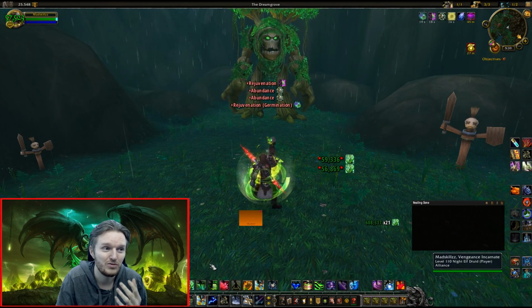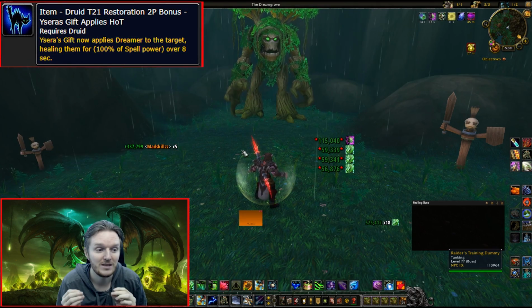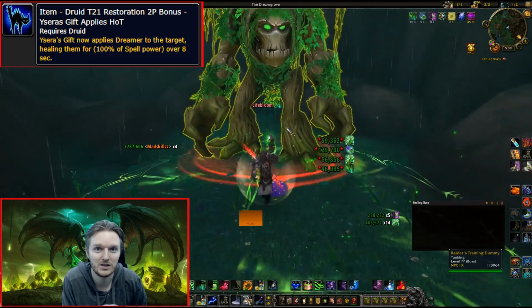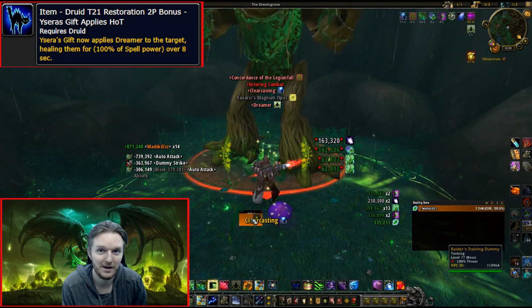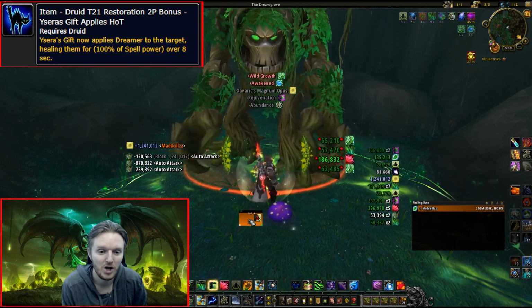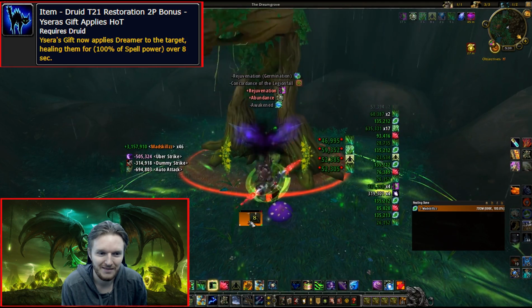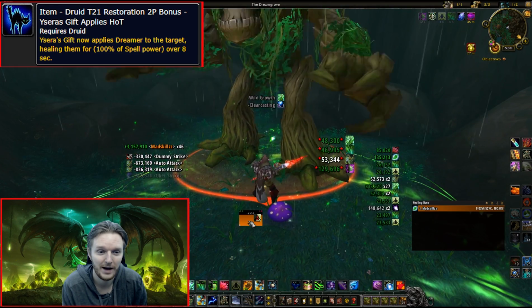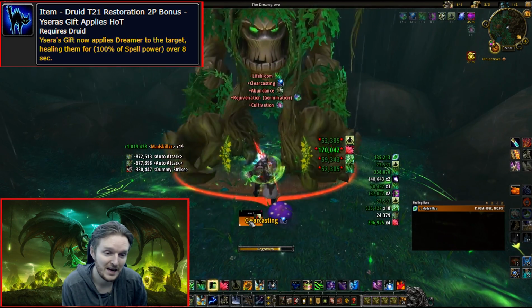Tier 21 is actually a really good tier set. 2 set: Ysera's Gift now applies Dreamer to a target, healing them over 8 seconds. Now, I've been testing this on PTR, and this is probably the best part of the tier 21 set, because it applies a HoT. This HoT stacks with mastery. You can see in my PTR testing that on my grid it shows up as a Sceneary Ward icon. It's reusing that icon, but the thing is, the second that Ysera's Gift starts to heal a target,